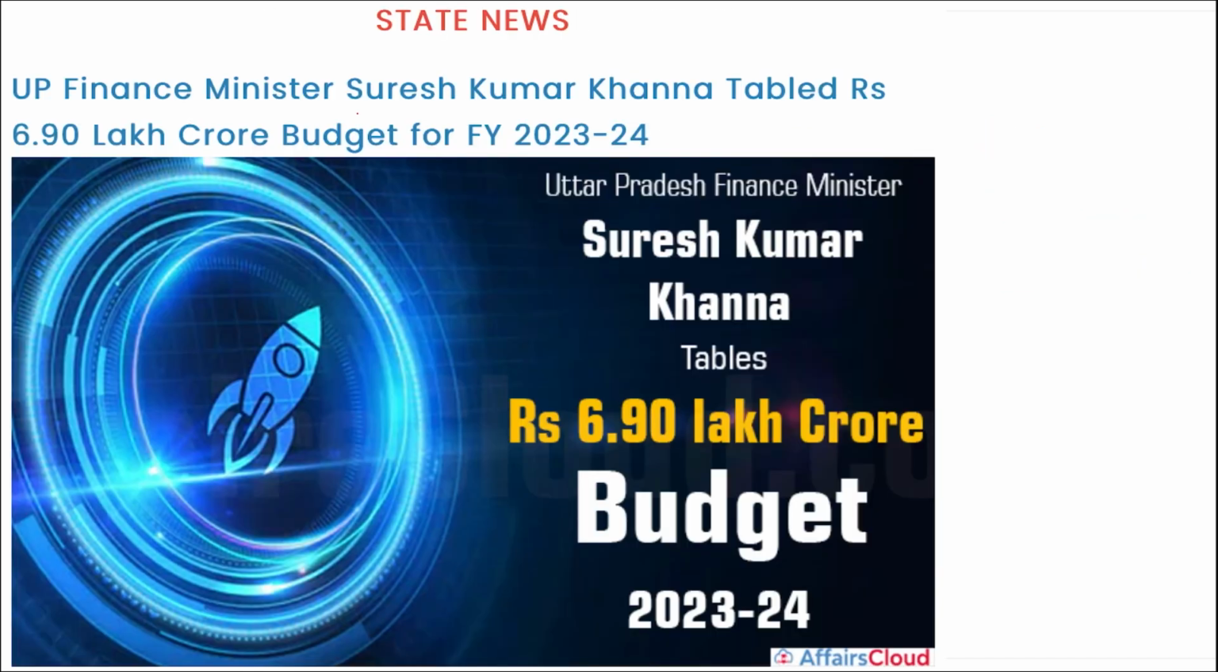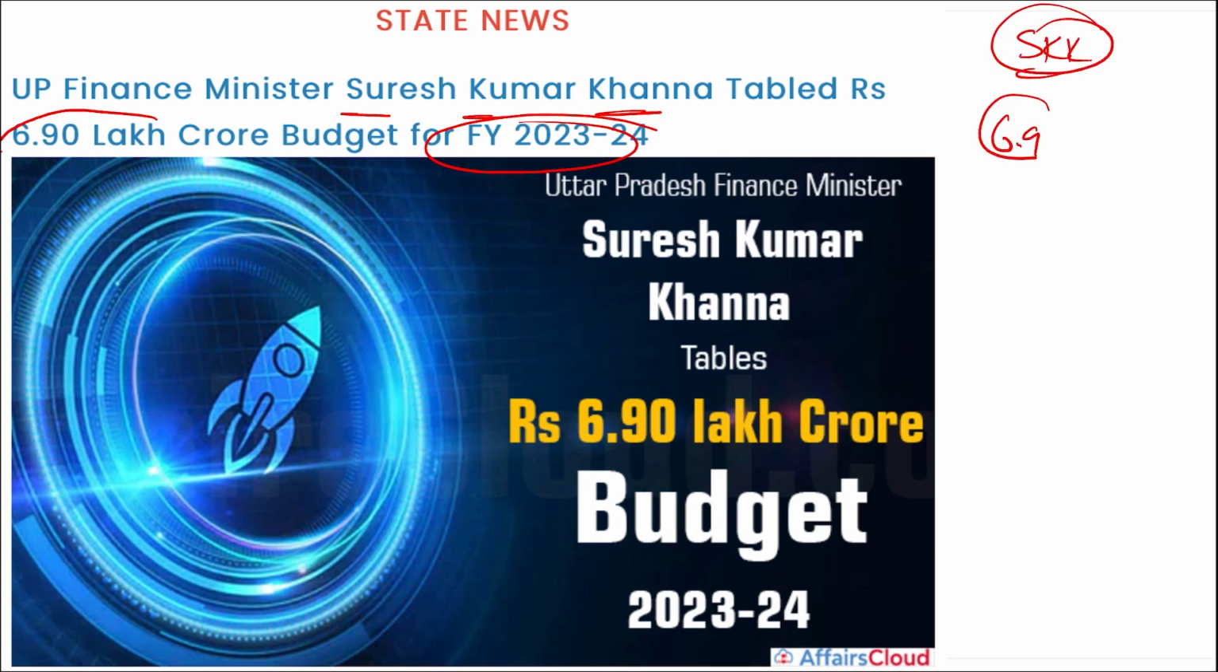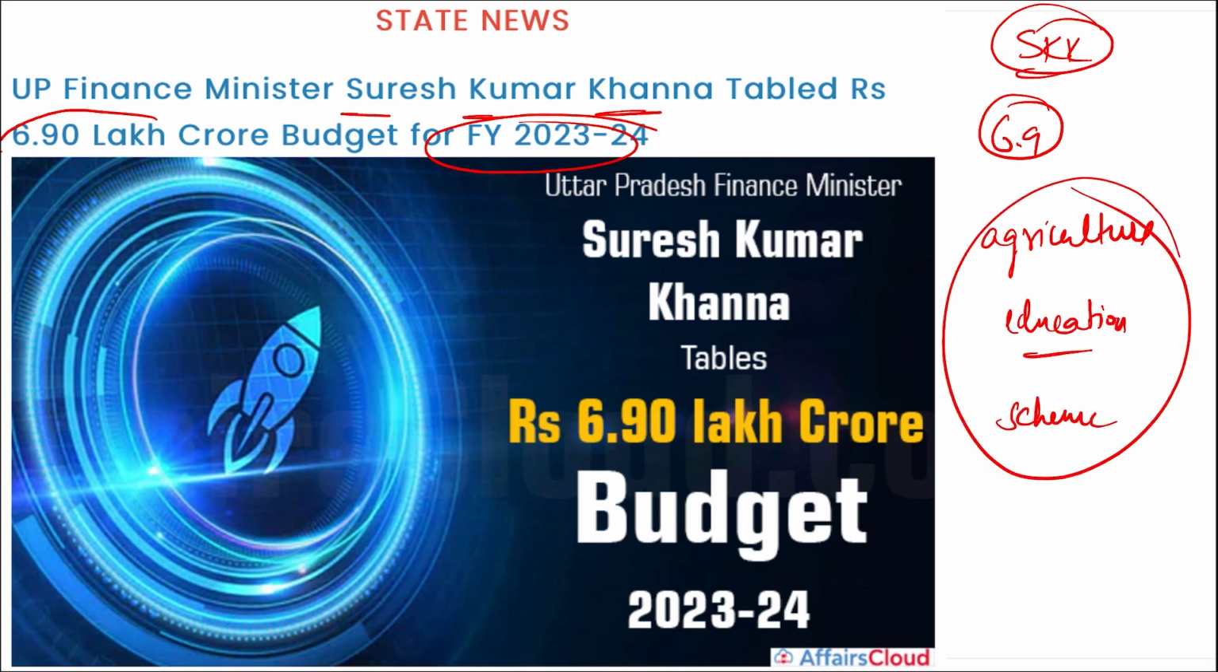Next is UP Finance Minister Suresh Kumar Khanna tabled 6.9 lakh crore budget for the fiscal year 23-24. So remember, who is the Finance Minister of UP? Suresh Kumar Khanna. He presented a 6.9 lakh crore budget for the fiscal year 23-24 in the UP Assembly, and the main focus here will be agriculture, education, alright, and various state schemes. So this will be the main focus for the budget for the UP that was recently presented for 6.9 lakh